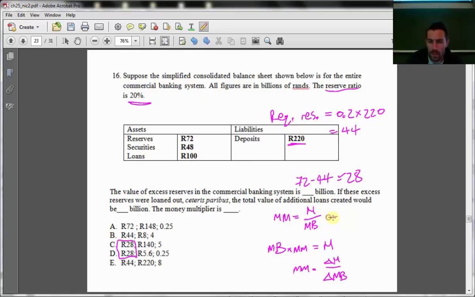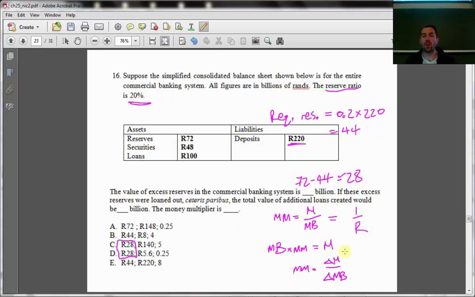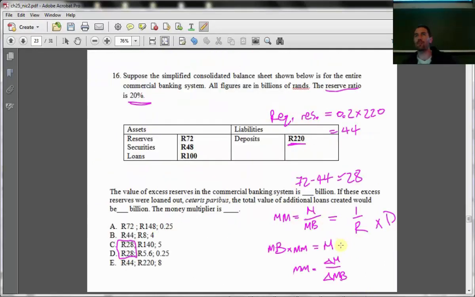Where I'm going with this is, if there is no currency drain ratio, I can actually write this money multiplier as 1 over R. Okay? And then if you want to know what the actual change in money would be, it would be 1 over R times D. But I can see I haven't derived that exactly from this equation, so I've obviously done something wrong there. But I don't know what. So I'd have to come back and figure out exactly how I went wrong there. But anyway,